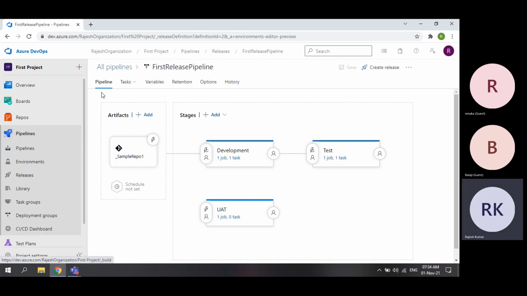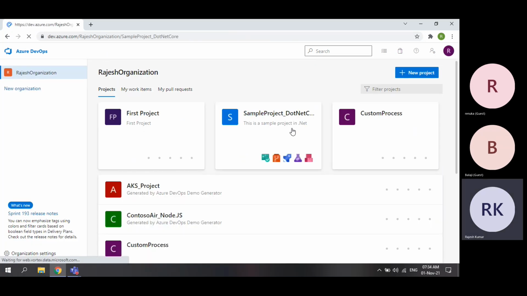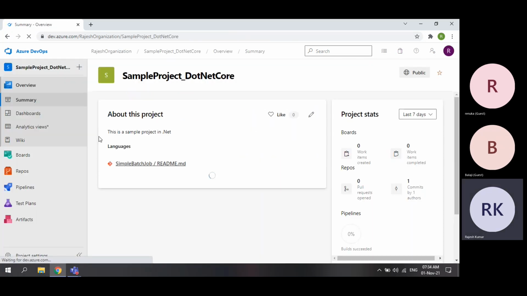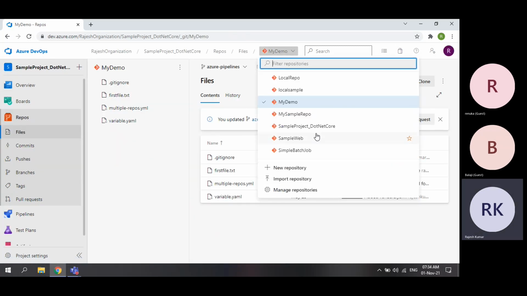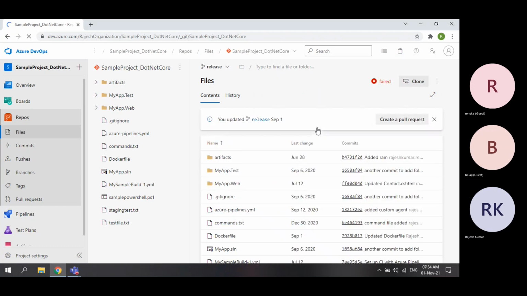Now I will tell you, let me go to a project where I have multiple source codes. So in this repo, if I go to this, so this is okay. I'm telling you, this has a .NET website which has multiple pages, some content, some data, everything.